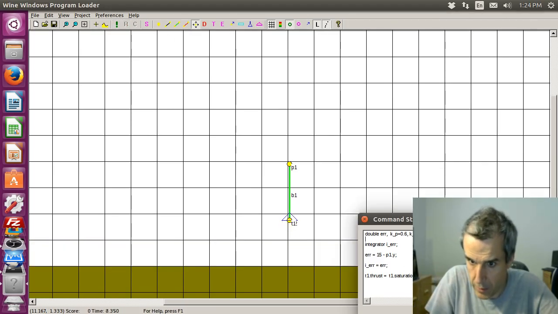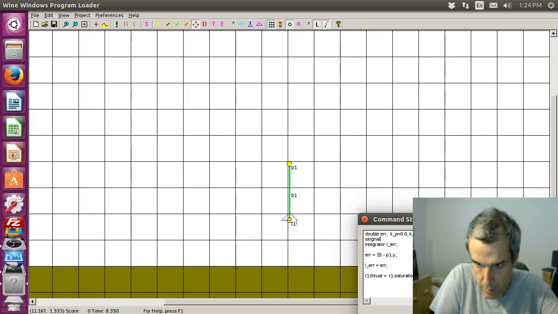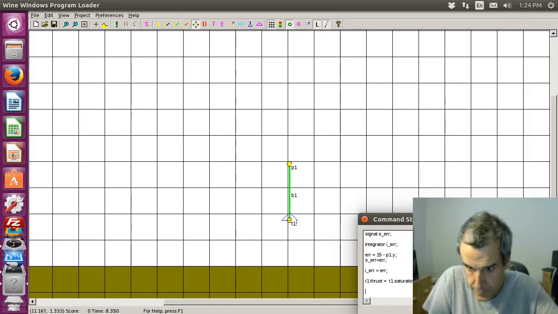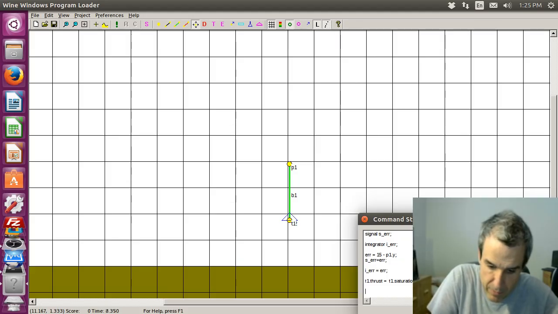Let's see if we can do this. We're getting really fancy. So there's a signal, S error, and if you say S error equals error, now I'm never going to remember this. Plot. Oh, you have to say